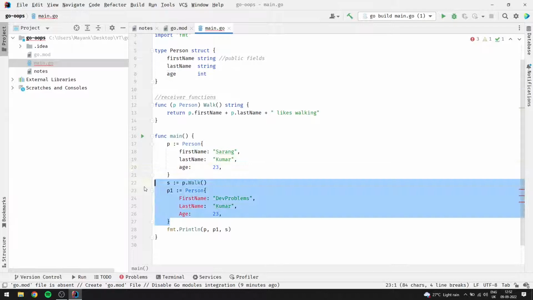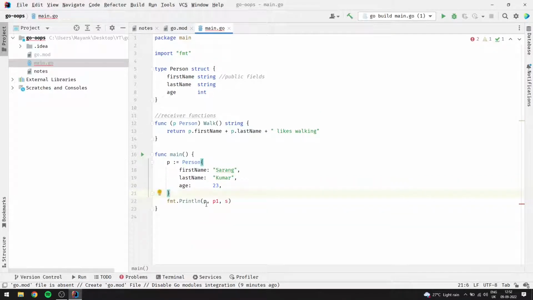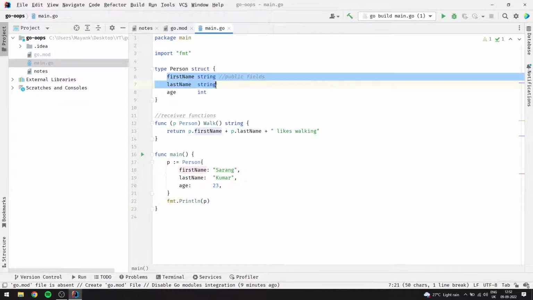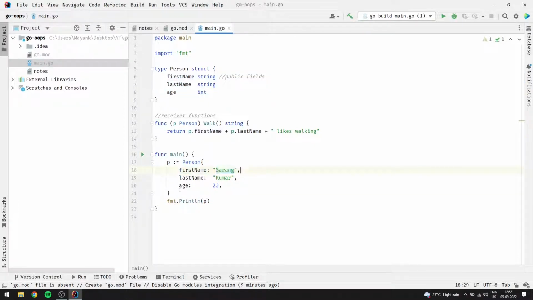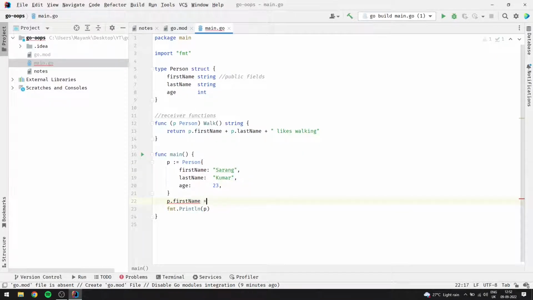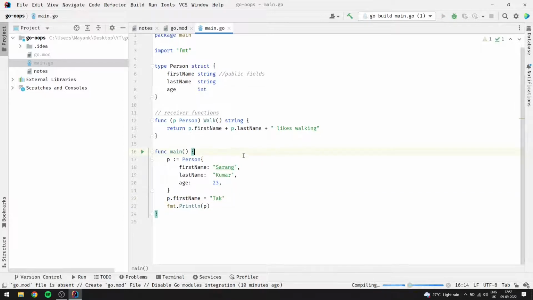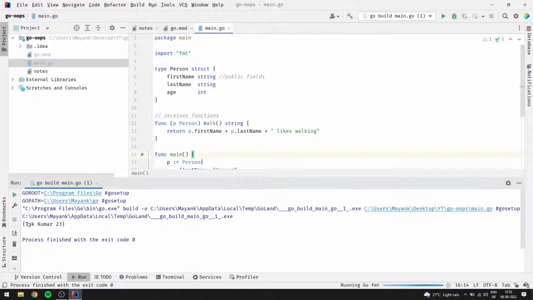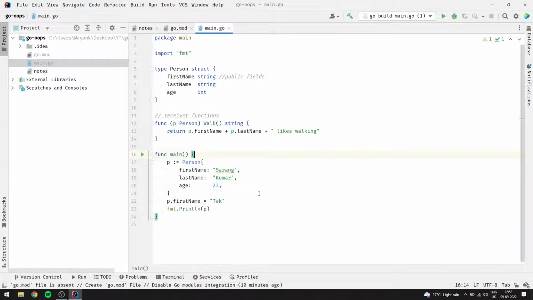Okay, I'm gonna remove all these things. Okay, so I've changed that to a private field, but I'm still able to give values to the fields, and I can even access it here. If I change the first name, it will give me the updated first name, which is not a good practice, because here the user is getting